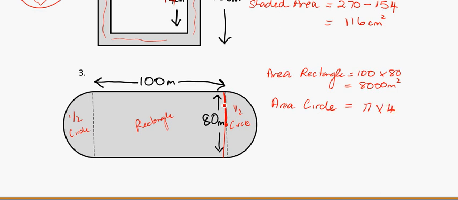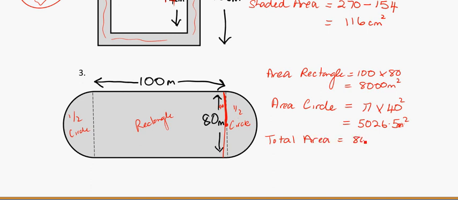So it's pi times 40 squared, and that comes to 5026.5 meters squared. And so total area, I'm going to add them together,